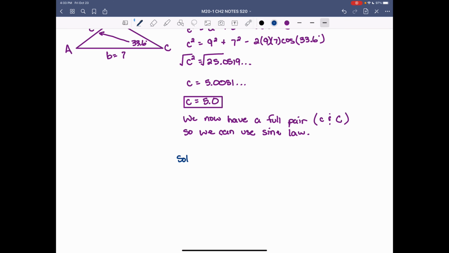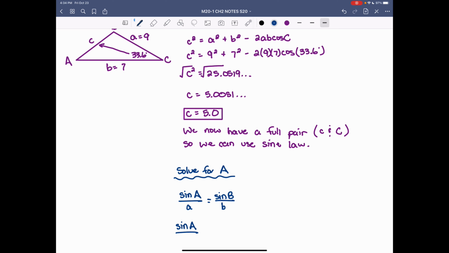Let's solve for angle A. Using the Sine Law, which is sine A over side A equals sine B over side B. Angle A is what we're looking for, so sine A over side A, which is 9, equals, the pair we have is C, sine angle C, which is 33.6 degrees, over side C, which we just